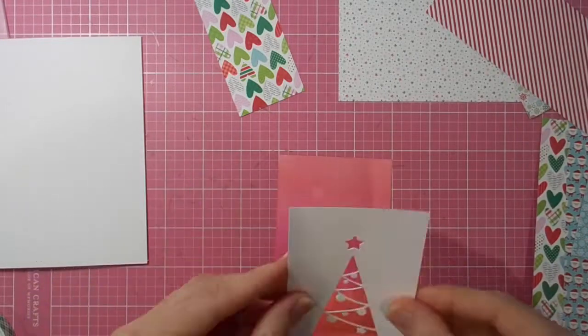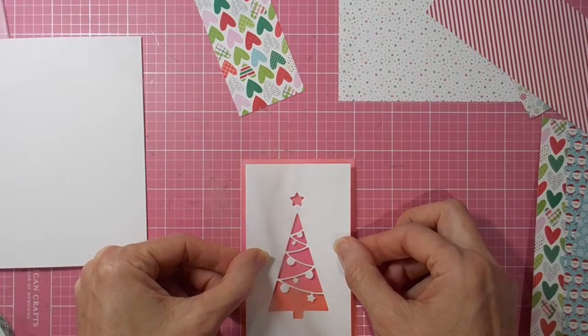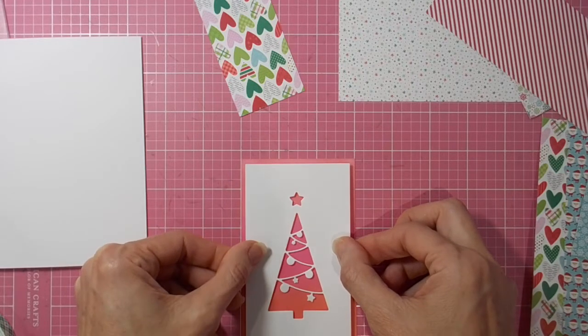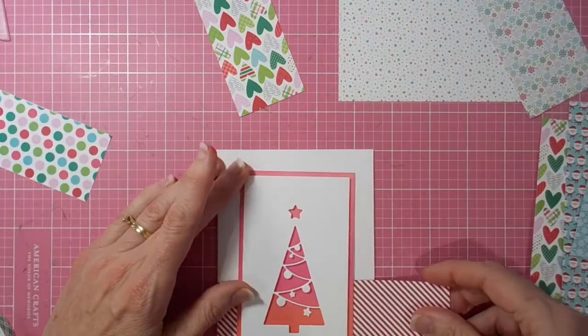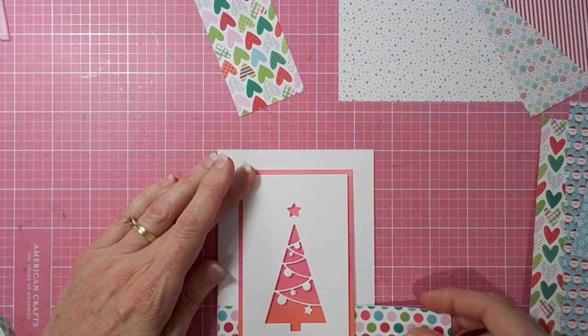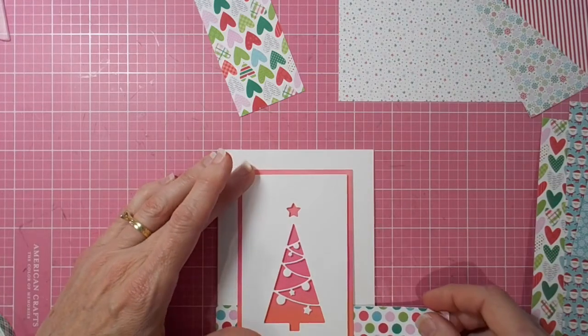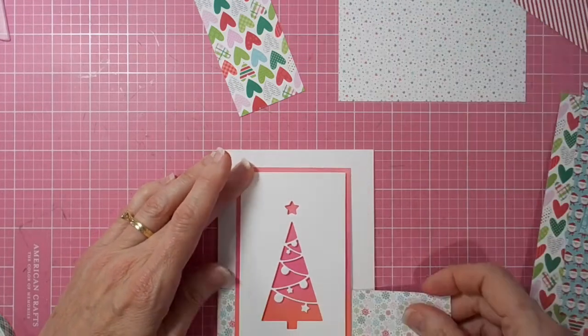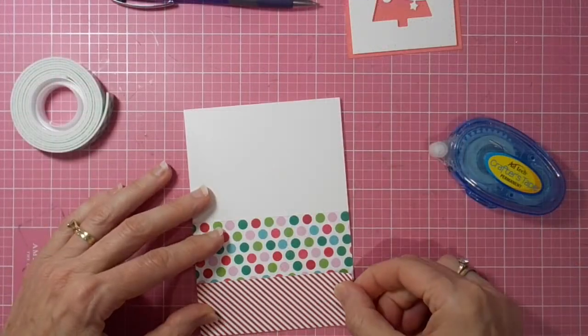So once my ink blending is done, I've added foam tape to the back of the die cut piece, and I'm just adhering that onto the ink blended piece. And I've chosen some of the patterns that I'm going to use behind my Christmas tree. I'm just working out where they're going to go, and these patterned papers are from Doodlebug's Here Comes Santa Claus